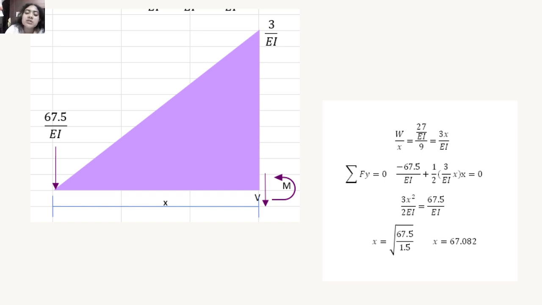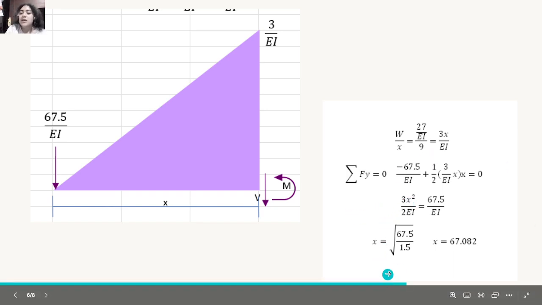Because my force is localized in the middle, yes, and then my distance, my height, it's 3 multiplied by x divided by the elastic modulus, and because it's a triangle, that has to be multiplied by my distance, in this case x, and that equals 0. Solve for my equation, and it's